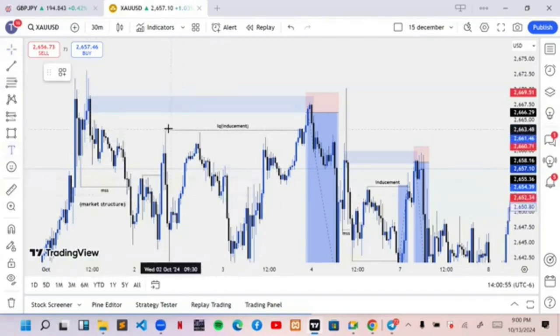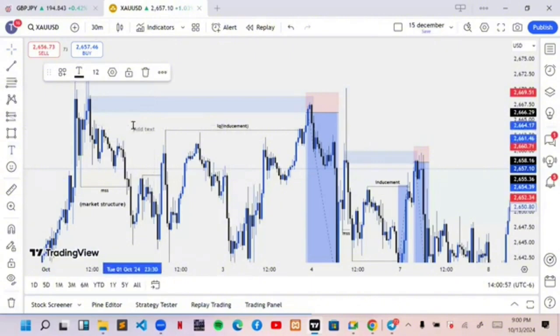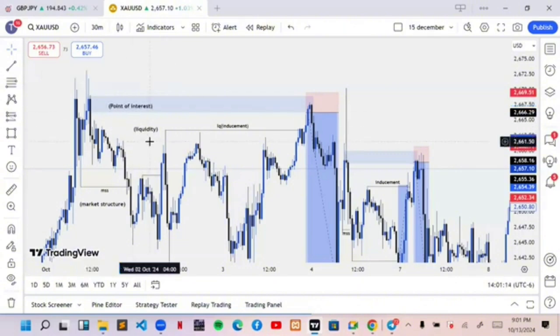This is liquidity, and then point of interest. We can see the three parts of